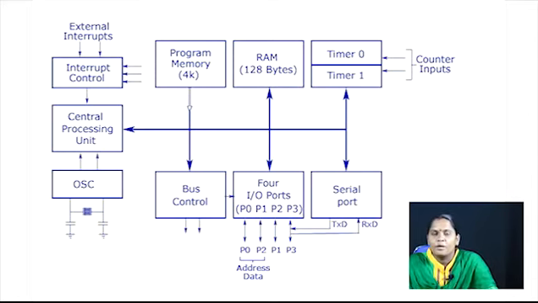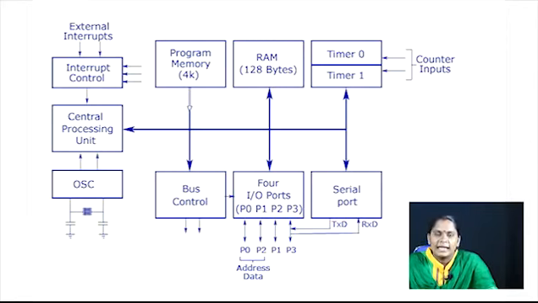Next, EEPROM, that is electrically erasable programmable read-only memory. Electrically we can erase this permanent memory space. And the final memory is flash memory. Flash memory is the same as EEPROM, but its capacity and speed are higher when compared to the earlier one, that is EEPROM, electrically erasable read-only memory.